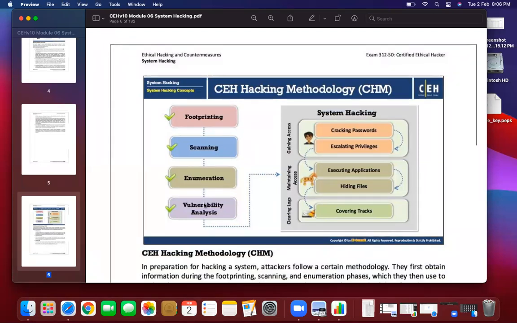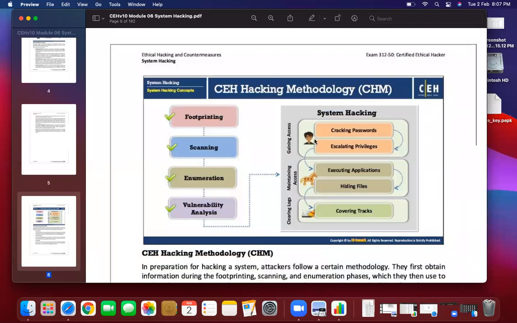That's why it is suggested, since you have all the modules and a lot of time, to go through the modules. Do not waste your time. After completing these four modules, we will be moving to system hacking, the module we will be completing today. System hacking is divided into three parts, which I told you in the intro class of this course: gaining access, maintaining access, and clearing logs. After doing all the basic information gathering, these three phases are very, very important.